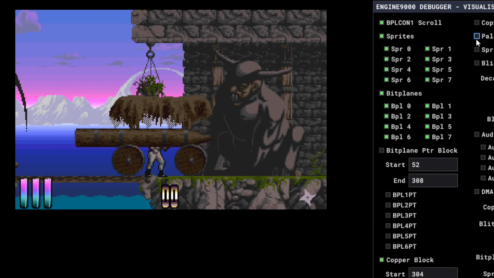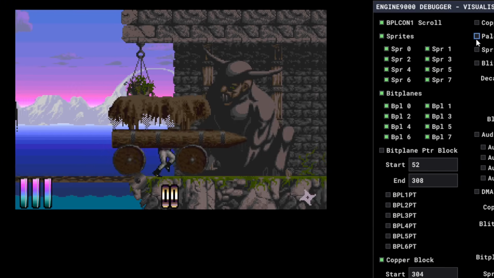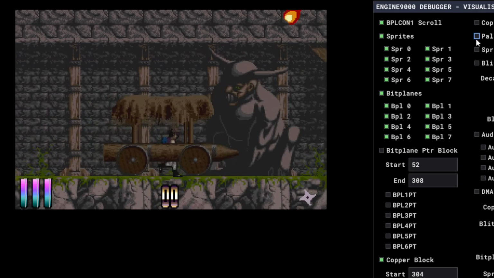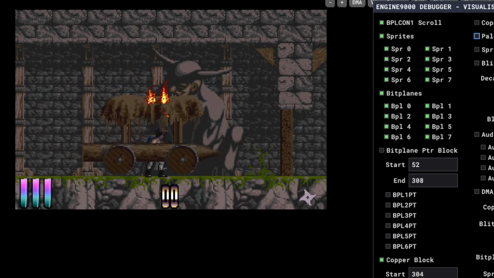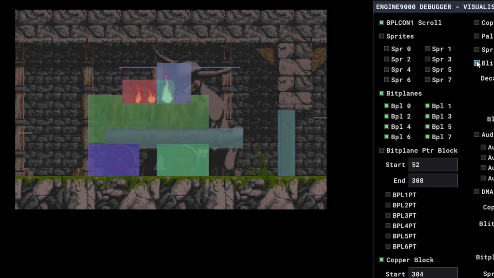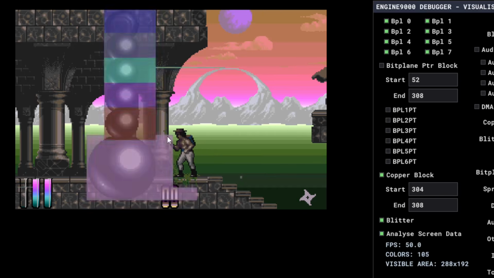So I think the real reason it changes is because when you get this battering ram and you bring it over here and these flames hit the top of you, it starts to go on fire. And that is not a sprite, it is a blit. So it needs these three colors. In this level, the big chain is all a blit, and we have over 105 colors here with the gradients